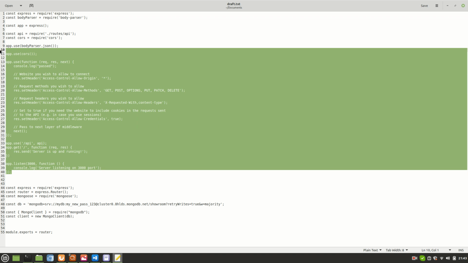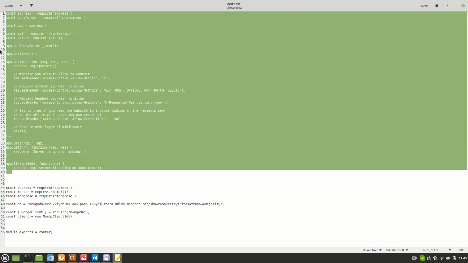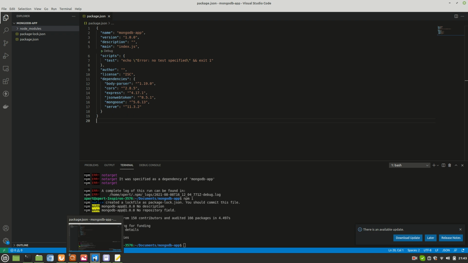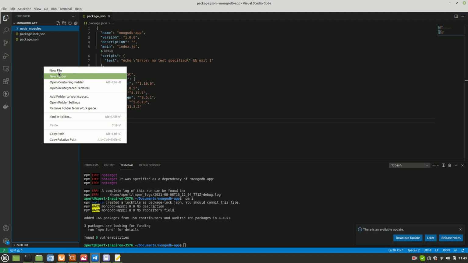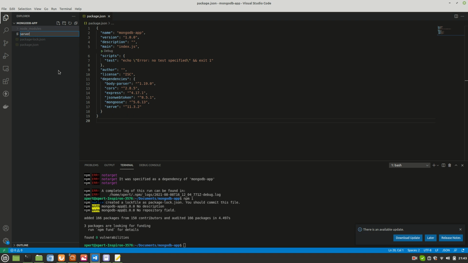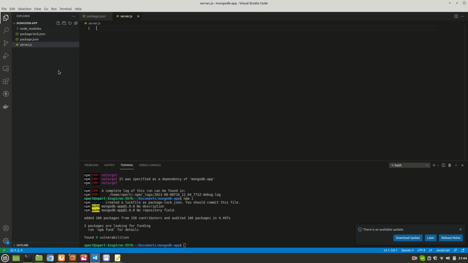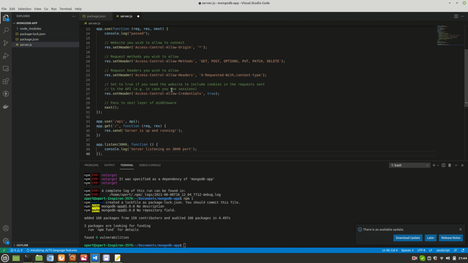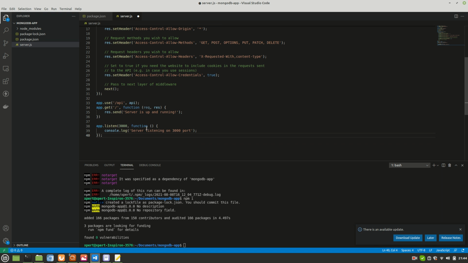First goes the server code. Here I'll add one file. It's called server.js. Just paste the code here, and I'll be running this server on port 3000. You can use any port of your choice, that's okay.